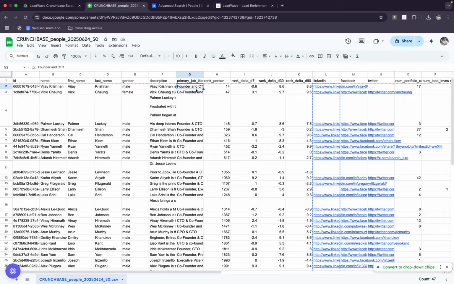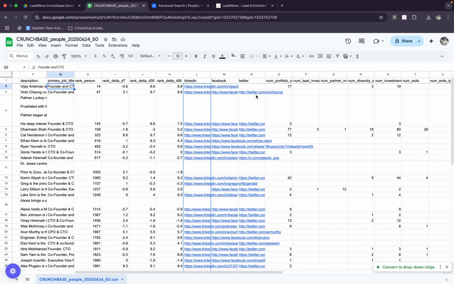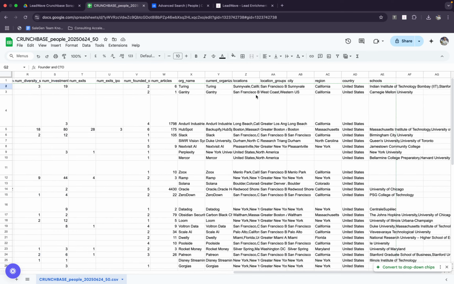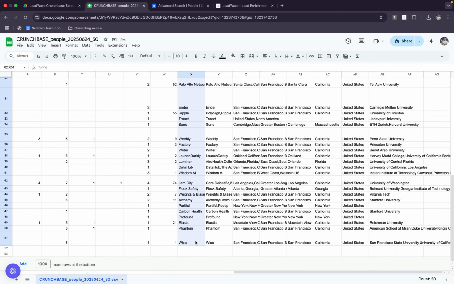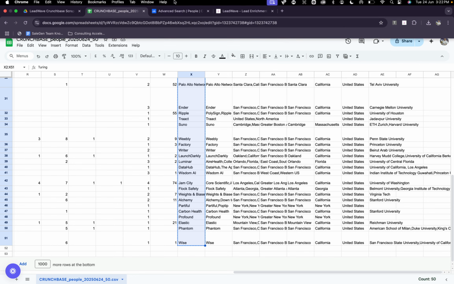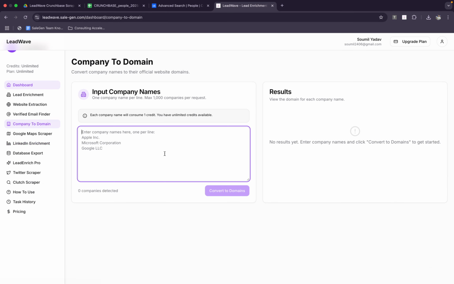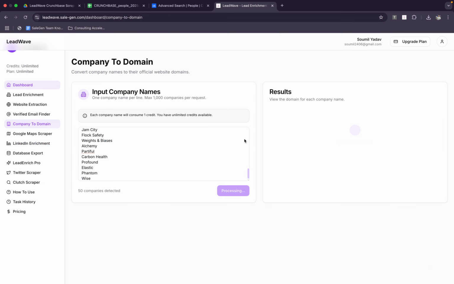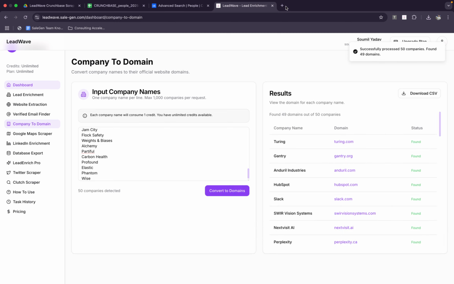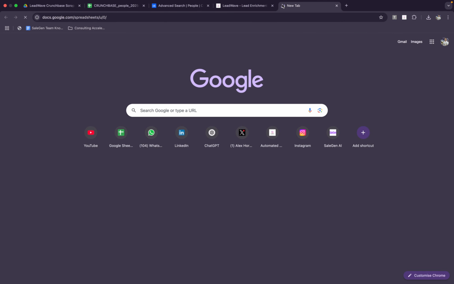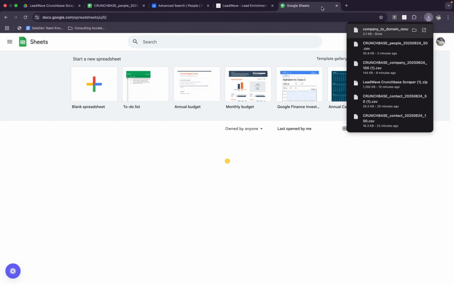I'm not sure if it actually gives you the company URL as well. Maybe they give you. So what you can also do is copy this list. You can come here, go to company to domain, click on convert to domains, and basically you have the first name, the last name, and the company domain. So you can click here and download the CSV file,